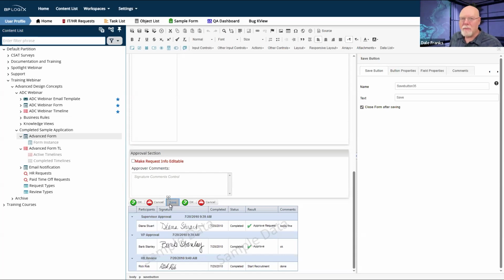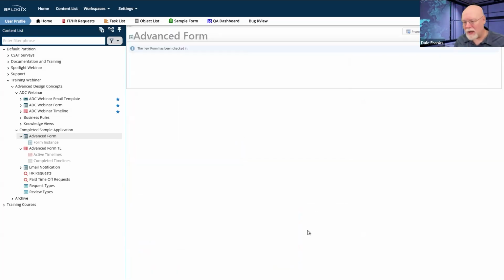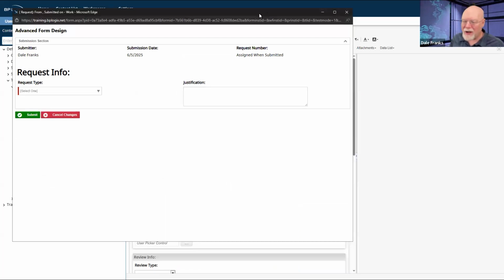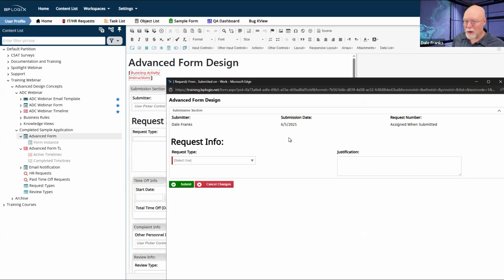First of all, by default, the save button is not going to show up on a new form instance. And so let's run this form again. And that's just how it works by default. You can force it, and we'll force it here in a sec. But by default, I don't get a save button, which means I can't go in and partially fill out my form, especially if I have a really long form. A long form that's going to require extra time. Users might not want to fill it all out in one go. In fact, they may not be able to do so because it asks for information they weren't expecting, or what have you, whatever the reason might be.